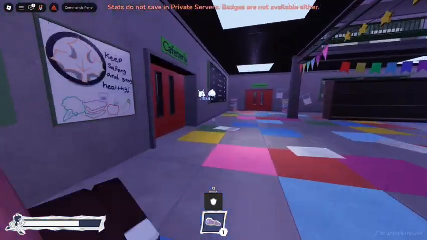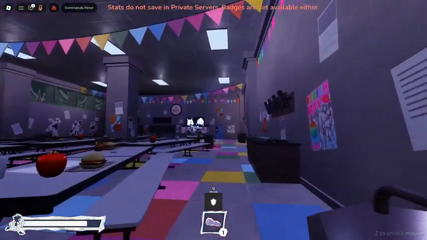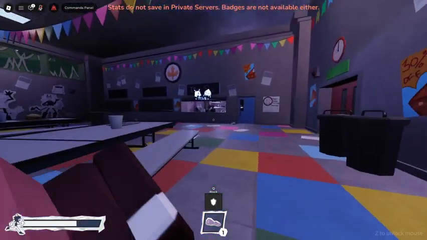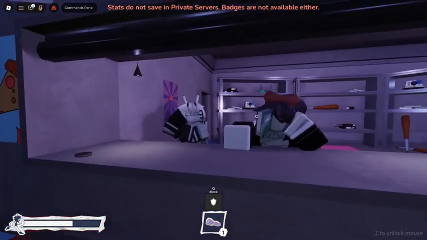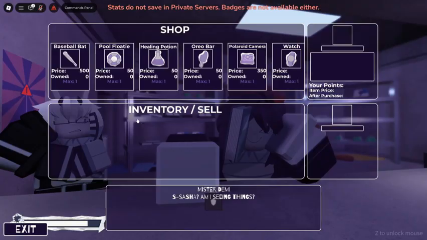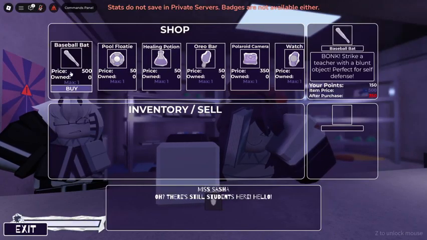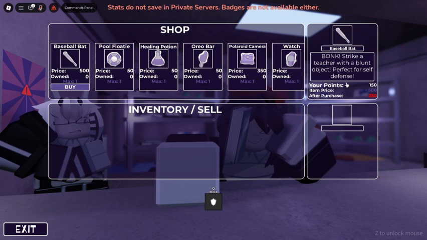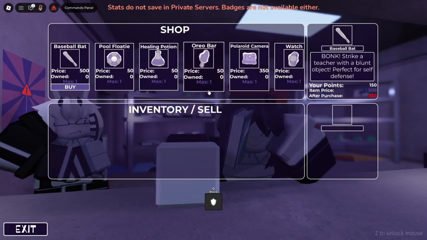But let's go over to the other shop, which is the item shop, which we have Miss Sasha and Mr. Demi running. In this game, you can get points for surviving the round and doing books. So every time you do a book, you'll get points, and every time you survive, you'll get points. However, if you die, your points do decrease.